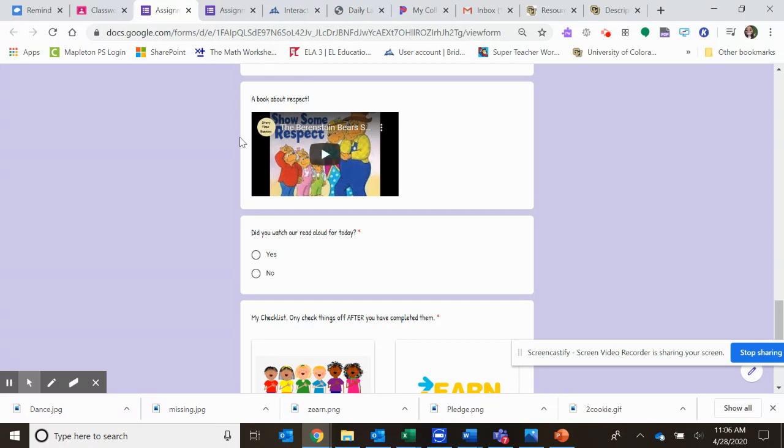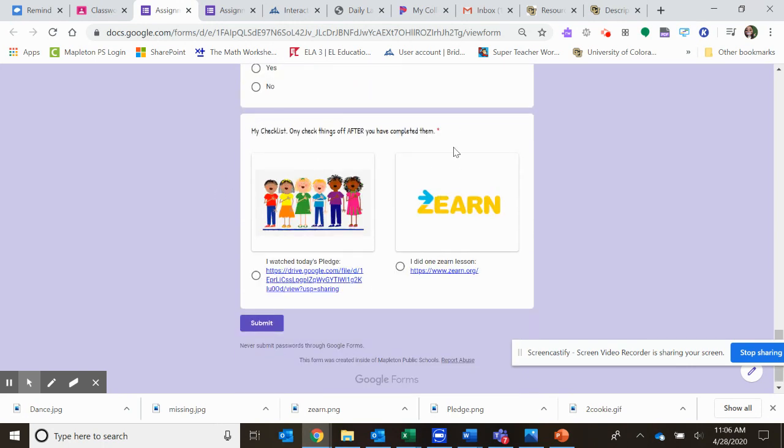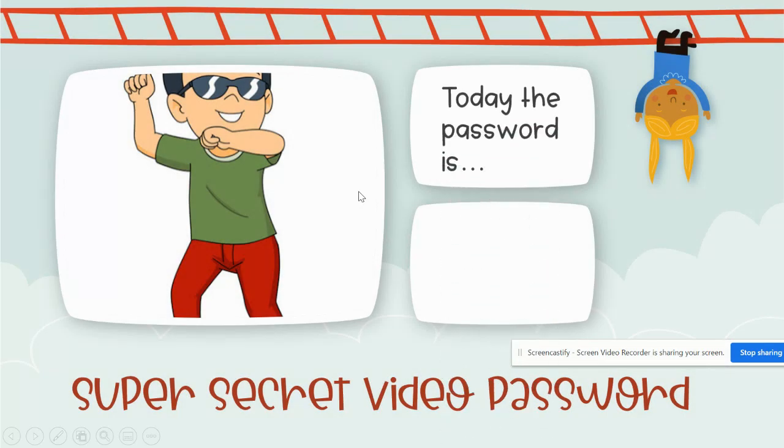For crew today, we have a book about respect. It's the Berenstain Bears. It shows some respect. Question if you did that. And then your checklist for today: listening to the pledge, doing one Zern lesson. And then you'll also have your super secret word for the day, which is, you just saw it, it's dance. So there'll be a question that's asking for the super secret video password of the day, and it is dance. I hope you have a great day. If you have any questions,